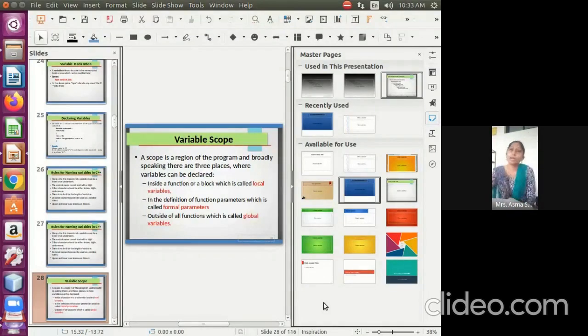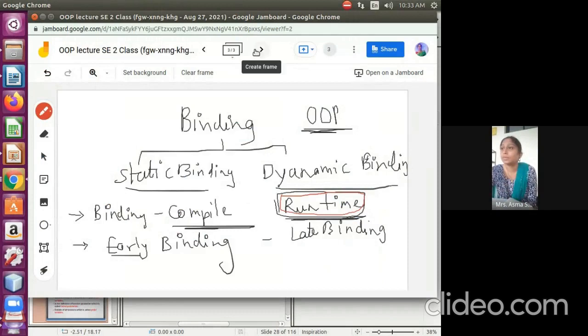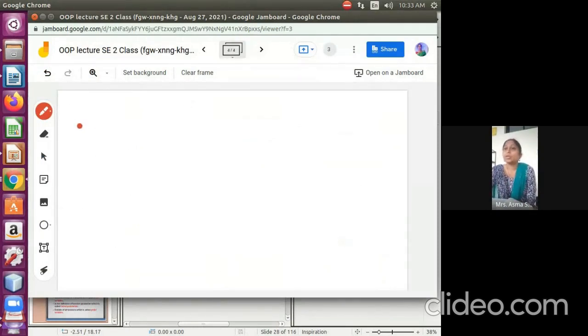One minute. Before starting the theory concept, I can share with you some logic behind this. So I can have one variable, int a.